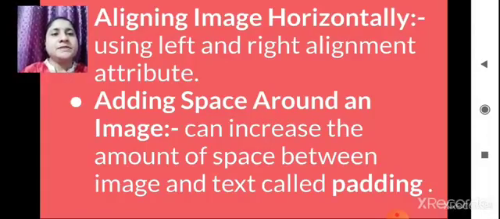Then adding space around an image. Web browsers display only a small amount of space between image and text. You can increase the amount of space between image and text, called padding, to make your page more visually appealing. For this purpose adding space is used. Got it? Aligning images horizontally and adding space around an image.